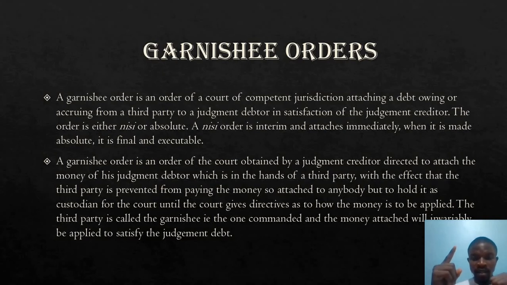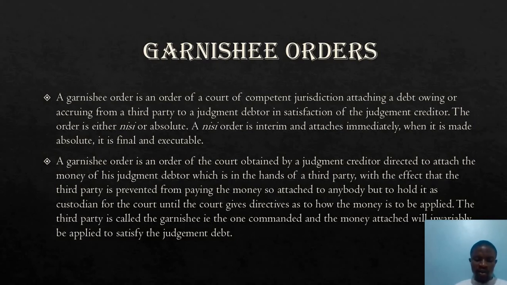The judgment creditor now goes to court because he knows that the judgment debtor has money in a bank. He goes to court to say, court, stop this man from using his account, because I want him to use that money that is in his account to pay me the debt he owes me, the judgment debt he's owing me. So the bank is on their own. Nothing concerns them. Suddenly they get an order: do not transact business with this particular customer because he's owing somebody a judgment debt.